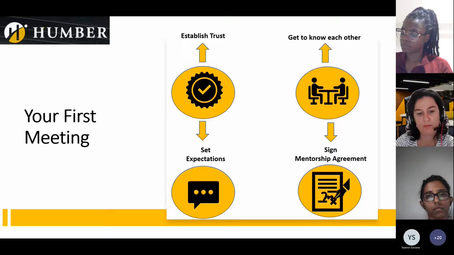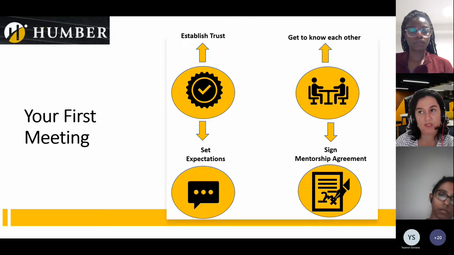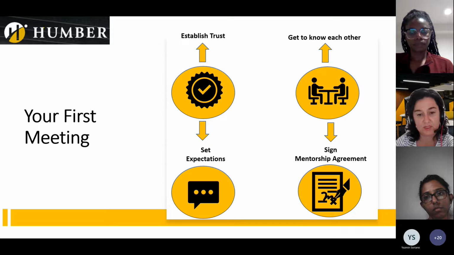So, what do you expect your mentor's role to be throughout this partnership? They may ask you about the ground rules that you need to set at the beginning of this partnership. For example, if there is any confidentiality that both parties must adhere to. So some topics that can be discussed and some topics that cannot be discussed.